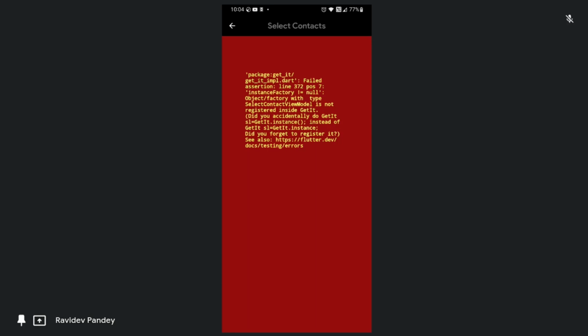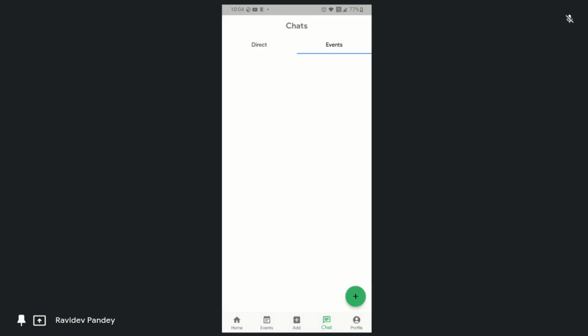Right, so the idea was that when you create an event and invite people to the event, that you could automatically create a chat group for that. No, that's why it is showing an error. Okay, so we have an error for just adding, this is adding a group chat for a particular event, and that's not working. That was a feature that was supposed to have been working in the past, so we need to reactivate that. Please go back and click on direct chat,